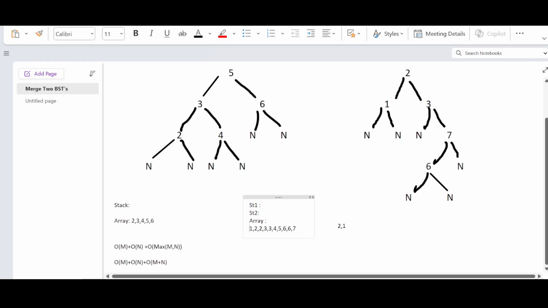The time complexity will be nearly, let's say, we have gone through every element of this array, and we have traversed every element of both of the arrays. So the time complexity for both of them will be order of